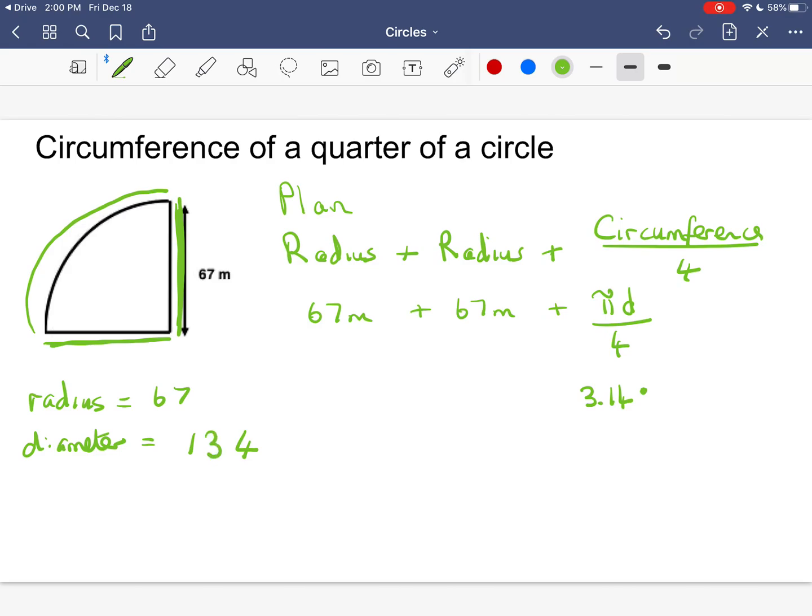So 3.14 times 134 divided by 4, and then we'll add, and we will get a total of 239.19, and if we round to the nearest tenth,